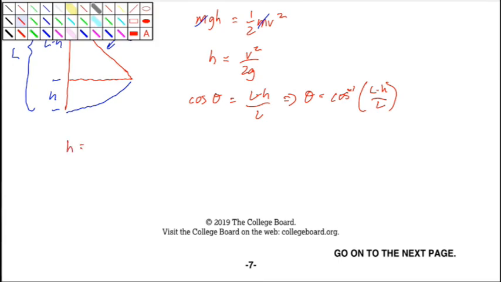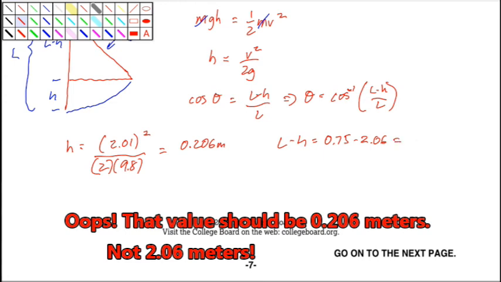And that's going to be equal to, these are values that we had before, the velocity, the initial velocity of block 1, was 2.01 meters per second. So we have that squared divided by 2 times g, 9.8. And when we do that math out, we wind up getting 0.206 meters. And so L was 0.75 meters. So now we have L minus h is going to be equal to 0.75 minus 0.206 meters, which is going to be equal to